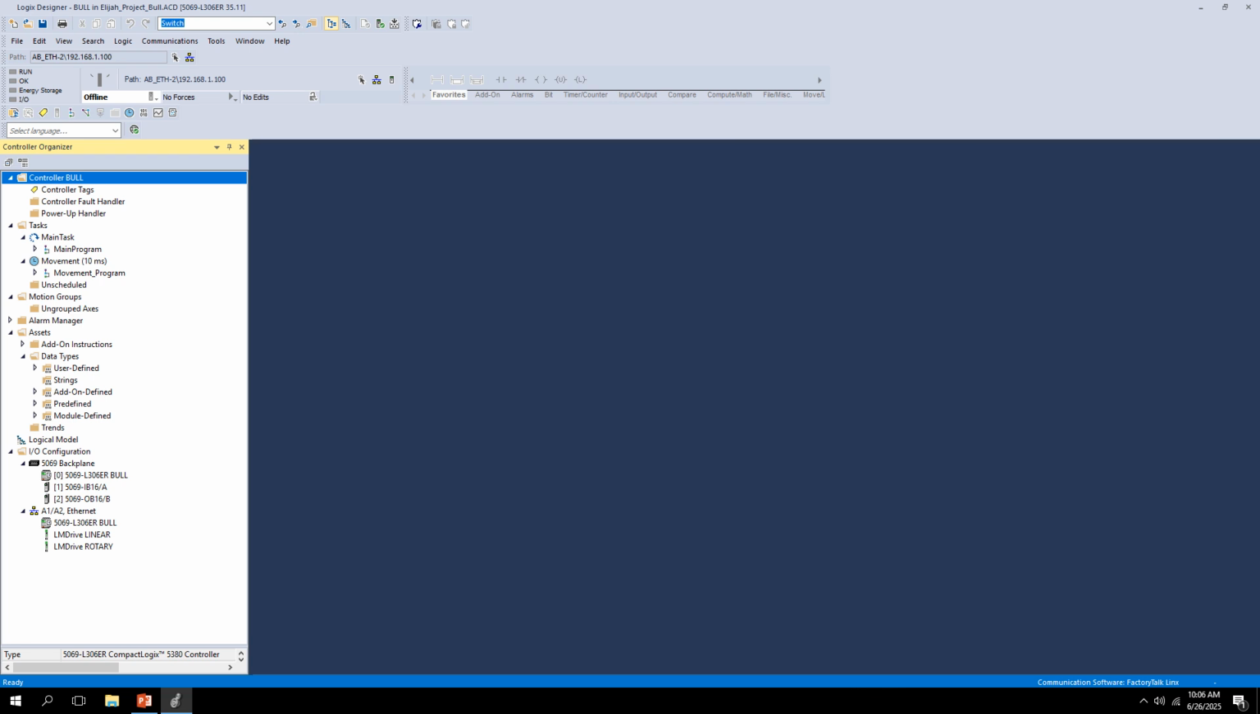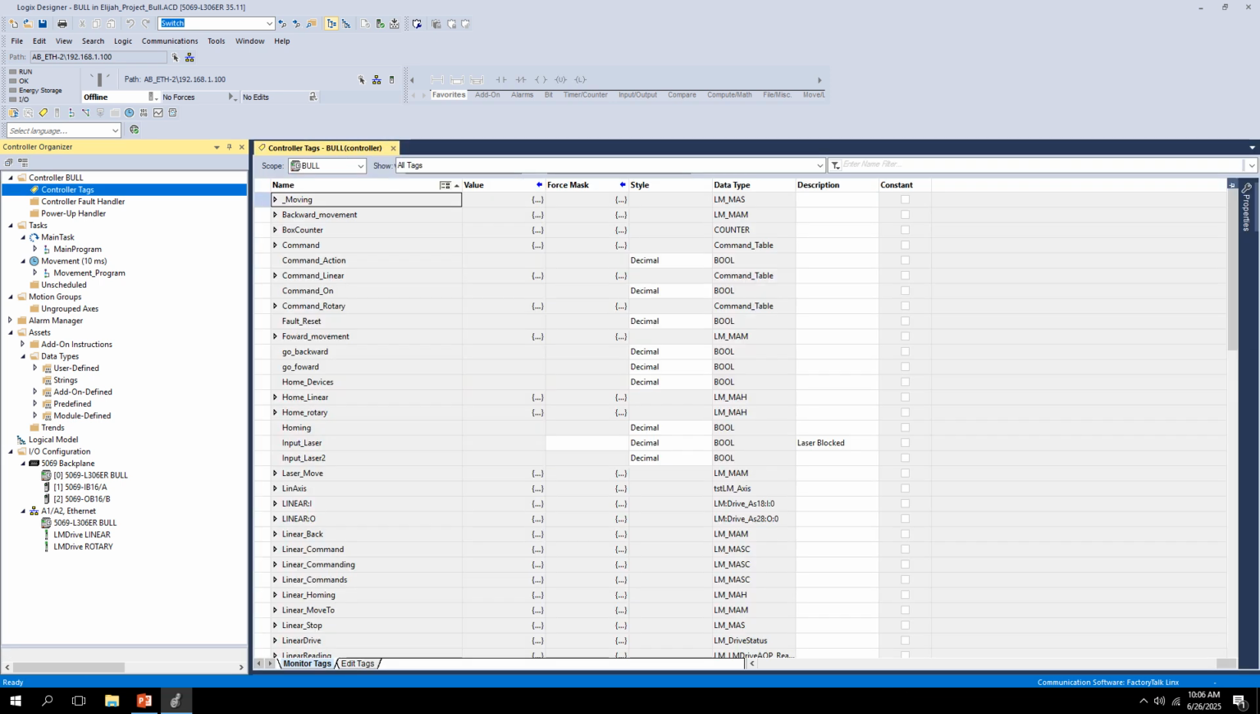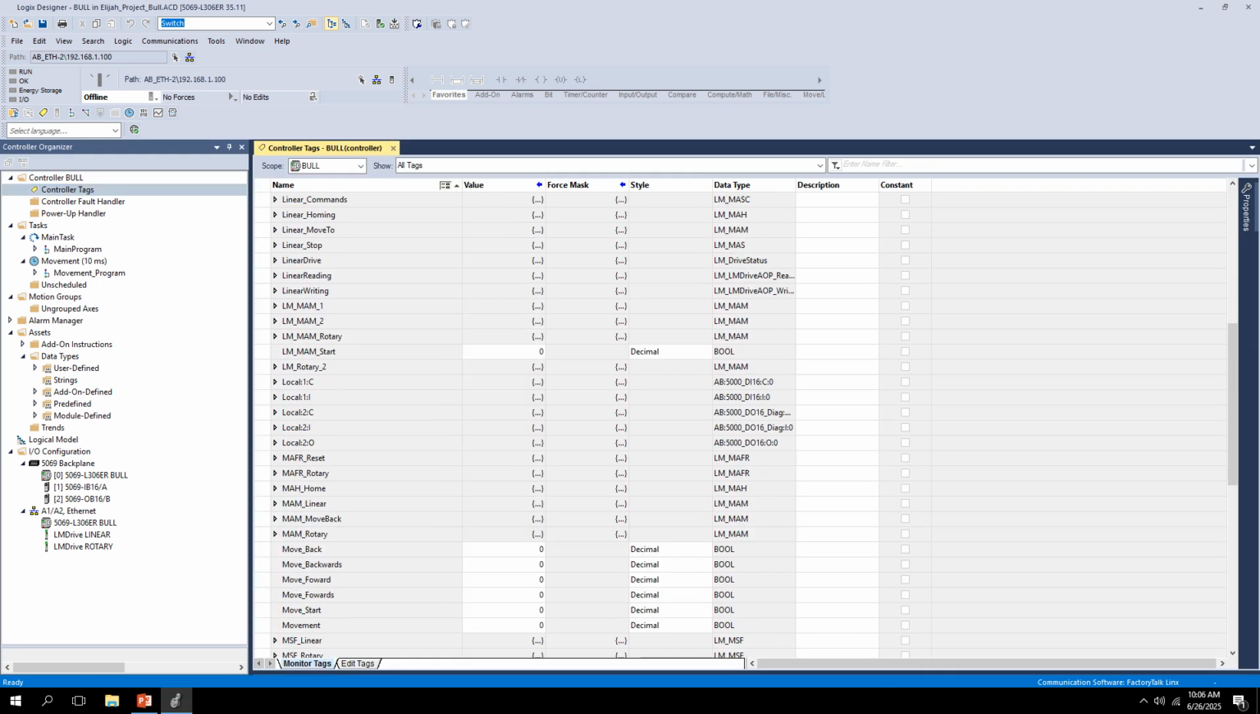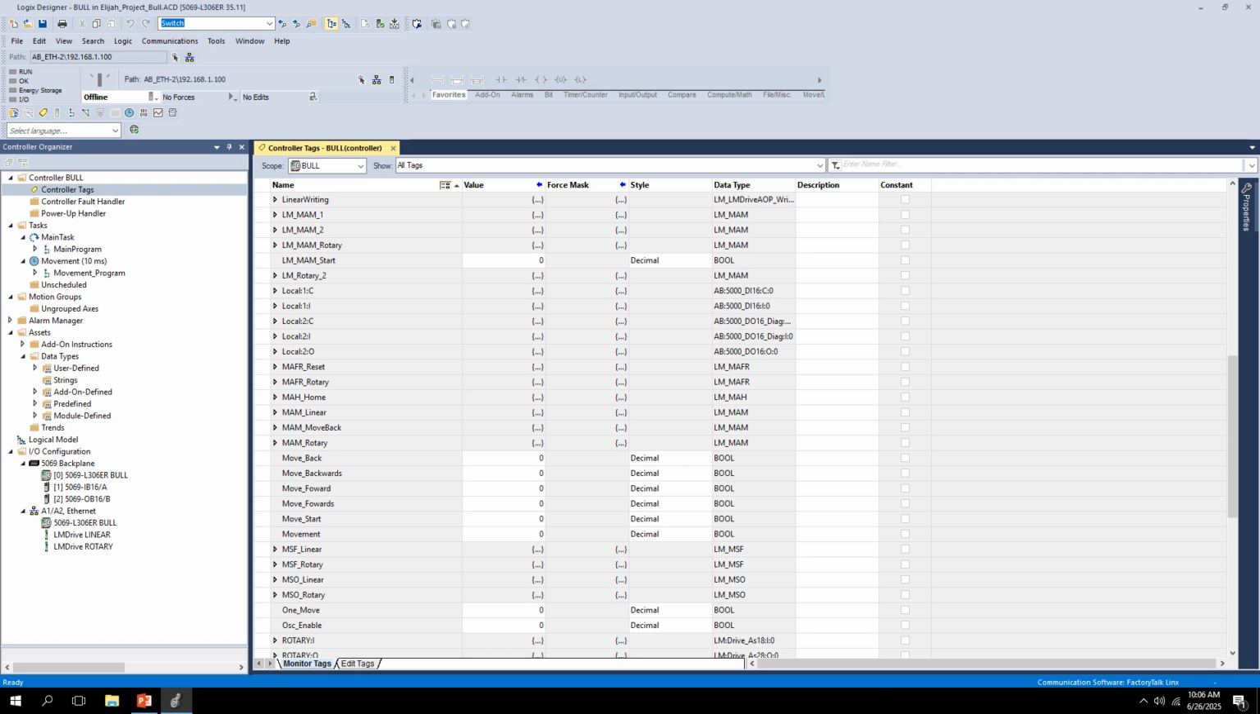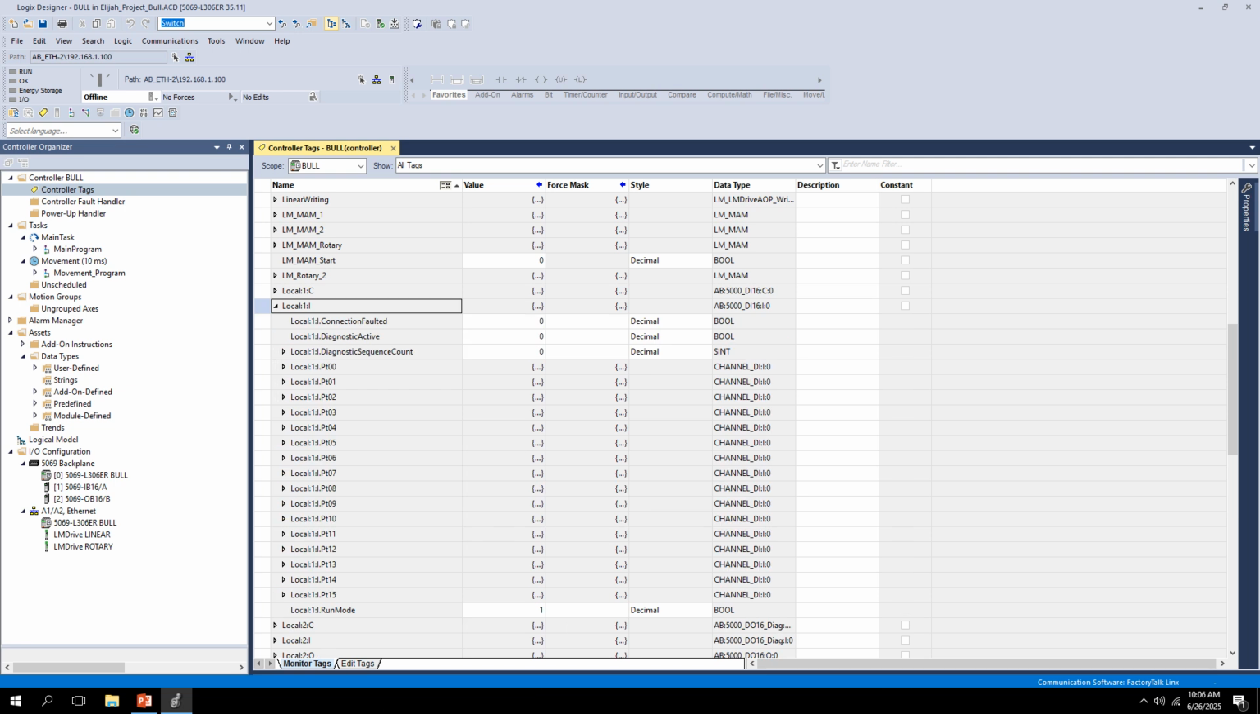So first thing we're going to do is go ahead and look at these controller tags, which are very important. We're going to scroll all the way down to where you see these local tags. You see where it says Local:1:I. This is the input module that I've added here. So whenever you add this input module, this automatically is put in as a controller tag. Go ahead and click the side here, the down arrow, you see connection failed diagnostic. But if I go to Local:1:I.Data.00,